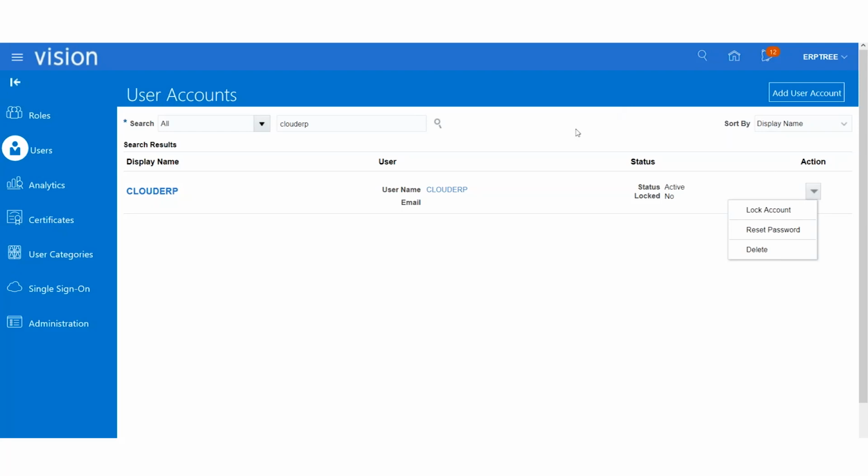Yeah, these can be mapped. You can create the user now and associate that user with your existing employee. Or when you are creating the employee, you can provide the username. Or when you are creating the employee, you may not provide the username, but you can associate that employee with the existing user. This is possible.